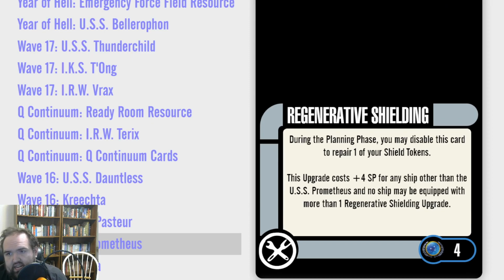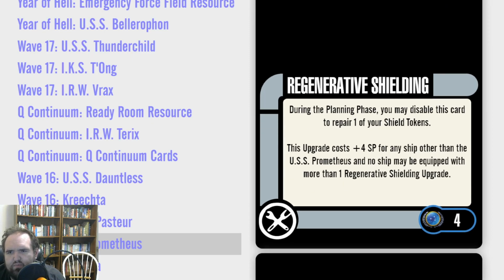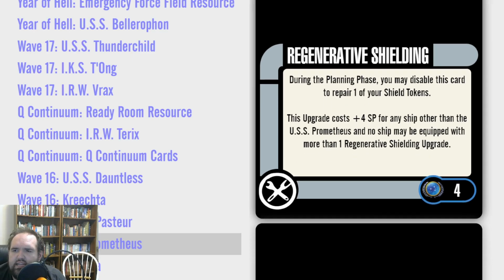Regenerative shielding is another 4-point tech. You can disable this card to repair one of your shields. Yay! Needed to be time tokens, and I think it became time tokens in the reprint. So that much was nice. Yeah, as a 4-point card, it's not worth an action to repair a shield because that's just an evade token